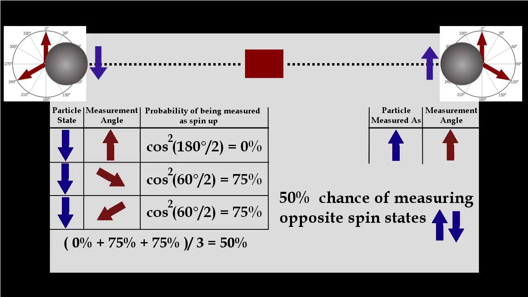When these experiments are carried out, they always result in measuring opposite spin states between entangled pairs 50% of the time. The non-local theory would seem to be supported, while the local theory appears to be falsified. So how can a local physical interpretation explain this? Well, it comes down to the assumptions being made for a local theory. As I said before, Bell's inequality only invalidates some local theories, those that follow from the assumptions made in the